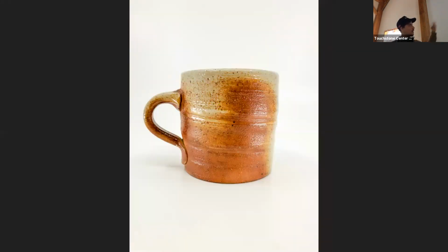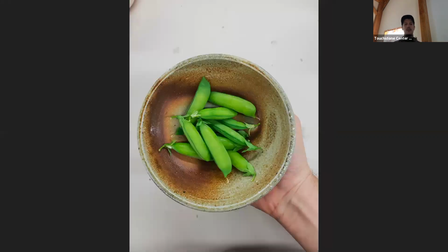And I've had the time to also build this community of wood firers here that this place kind of needed. Our kiln really wasn't being fired other than for workshops. There's a group